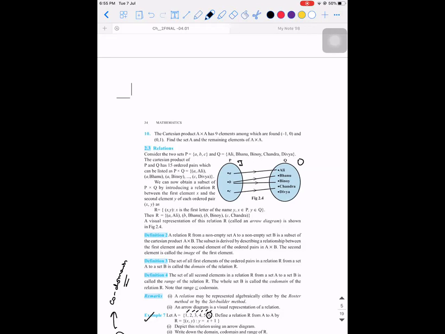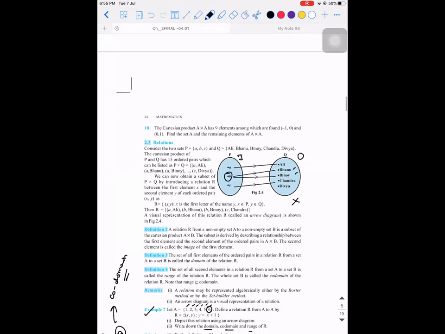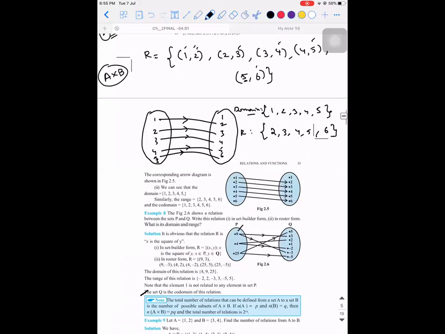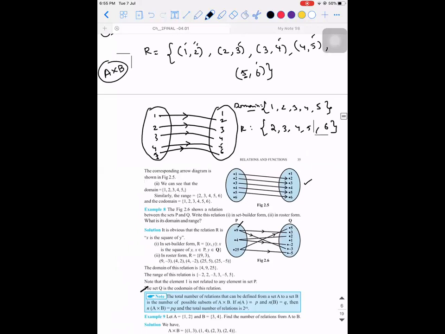so an element related to 2 elements in the output, that should not happen. It should be related to a maximum of one element. Are you guys able to understand? Now I'm going to ask you a question. Is this a relation? My question is specific. Is this a relation? Yes, sir. Is this a function? Yes, sir.